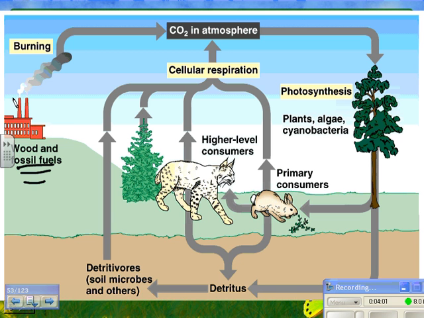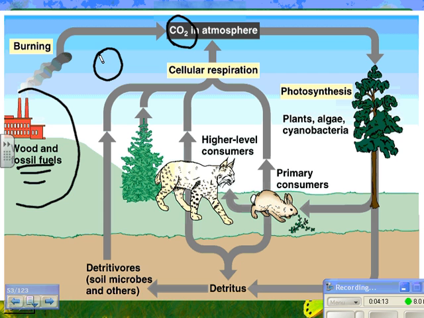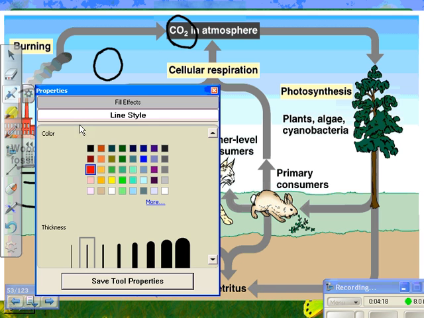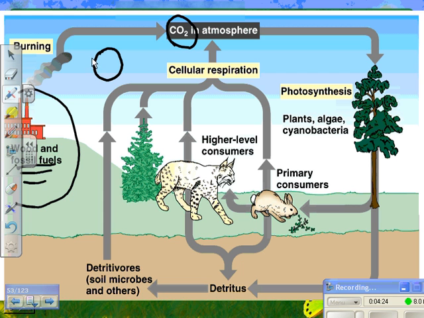This fossil fuel part is the part that we're doing a lot more of today. So we're putting a lot more carbon dioxide into the atmosphere than we used to. This is a problem because if you look at the planet, that's our planet Earth. Let's use red. If you look at the carbon dioxide in the atmosphere, here's the atmosphere. It's actually a very, very thin layer around the Earth, held in by the gravity from the Earth. And if you have sunshine over here shining down,